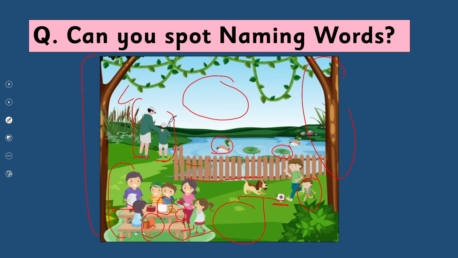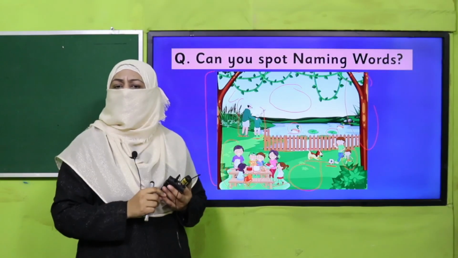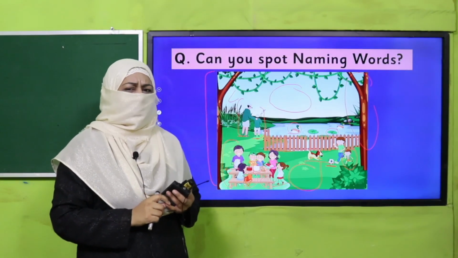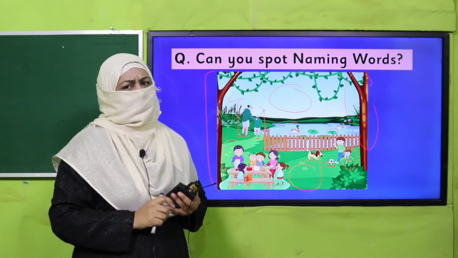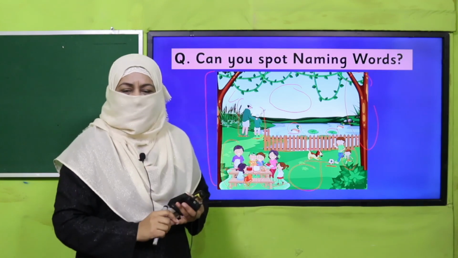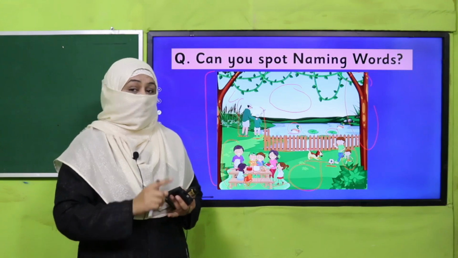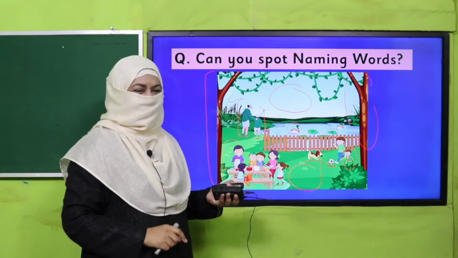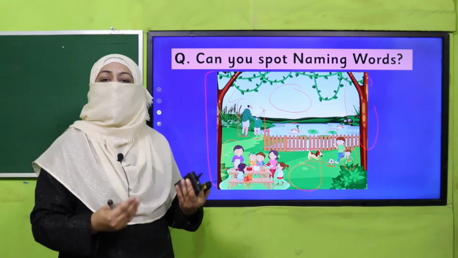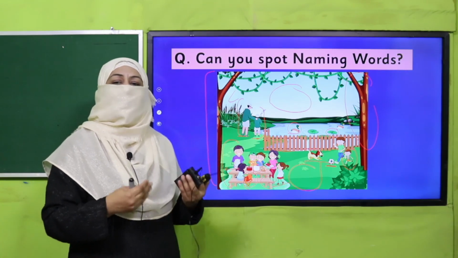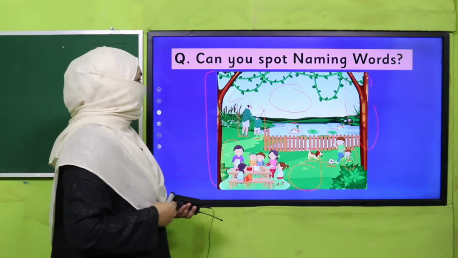Now what you will do from today, wherever you are, you will start looking around and try to find out, is there anything which I don't know? So find that name, ask whoever elder is with you, ask your elder, what is this? All right. So this is how, beta, this is how we learn. This is how we'll find more naming words.